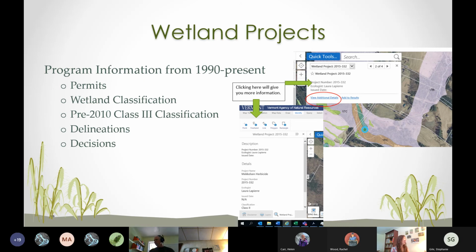And there's usually a decision. It's usually the projects are, we want to do something. Is there a wetland there? Is there not? So that's one piece of information. What is the classification of the wetland? That's the other piece. And then if you have a permit, there's going to be all kinds of decisions and permitting conditions that are part of that. And if there's a permit, there is definitely going to be a delineation as well that will help inform you about what's going on at the site.